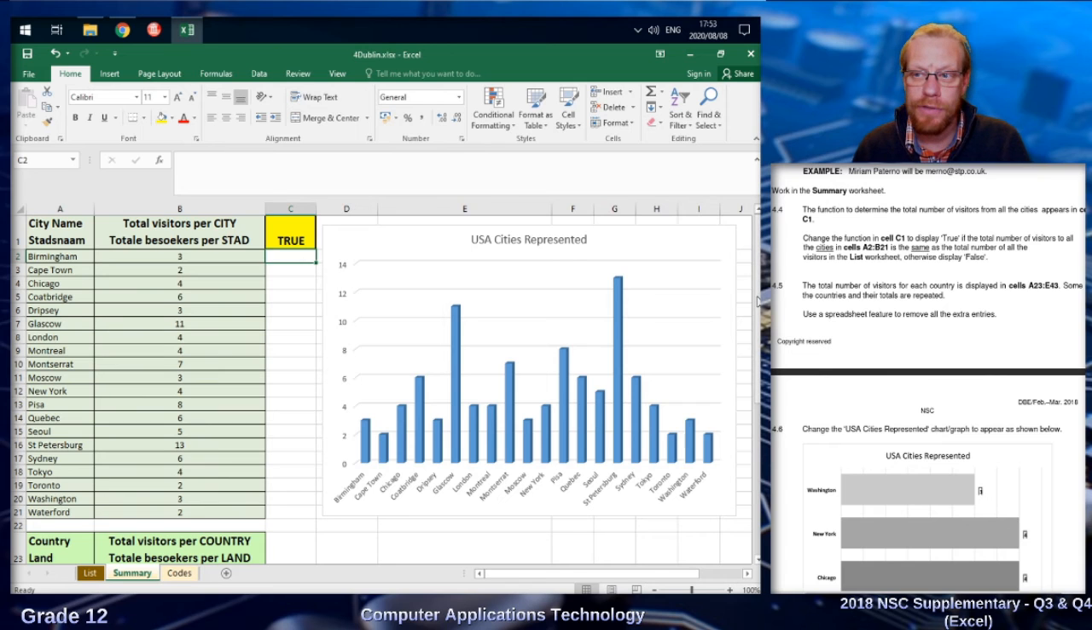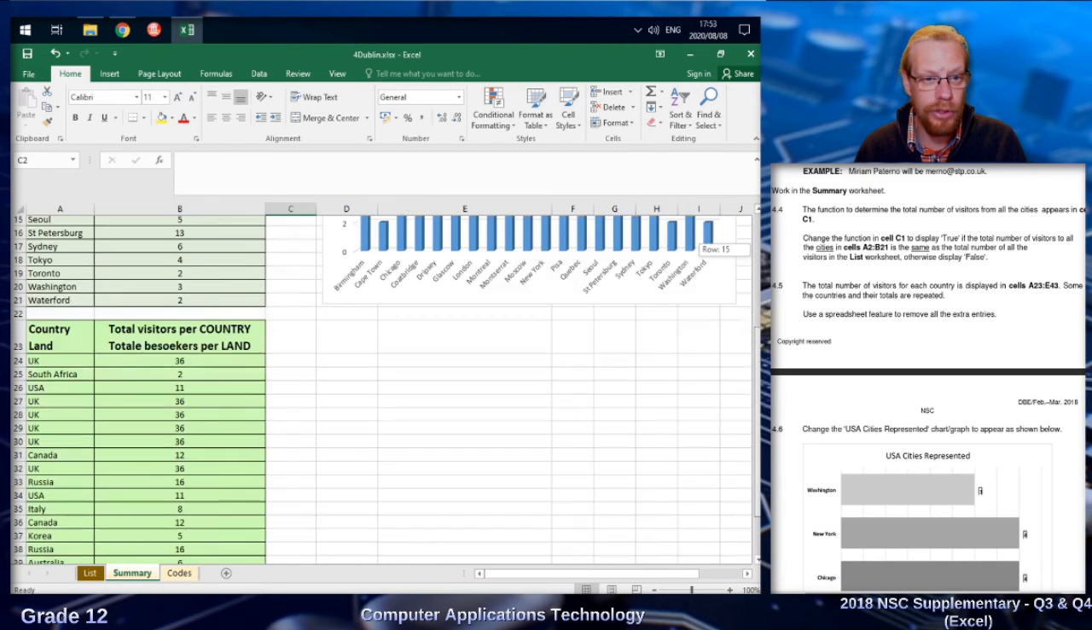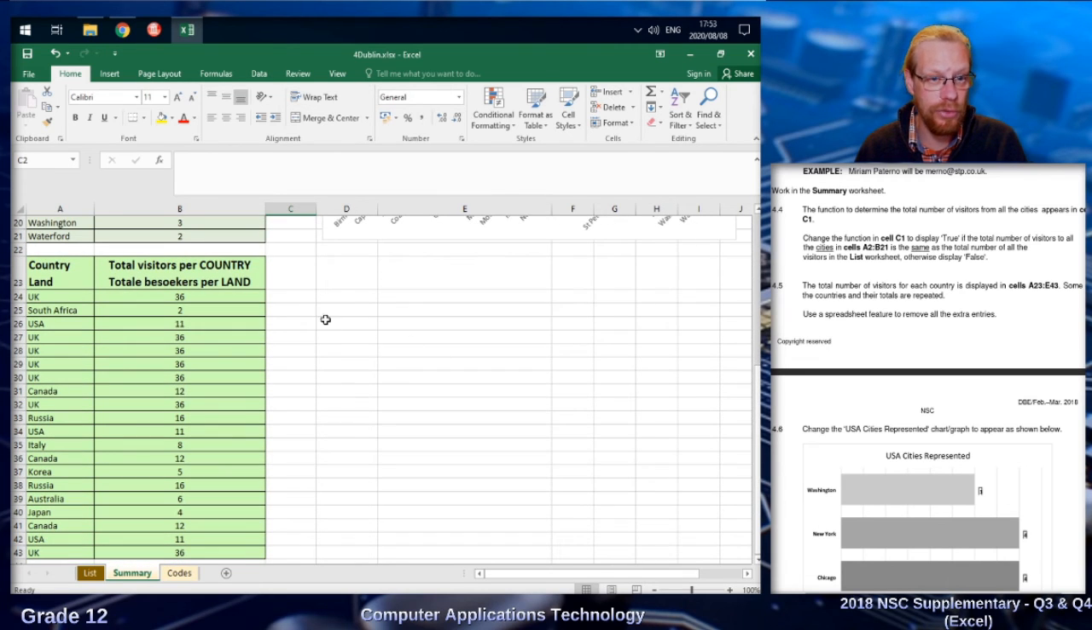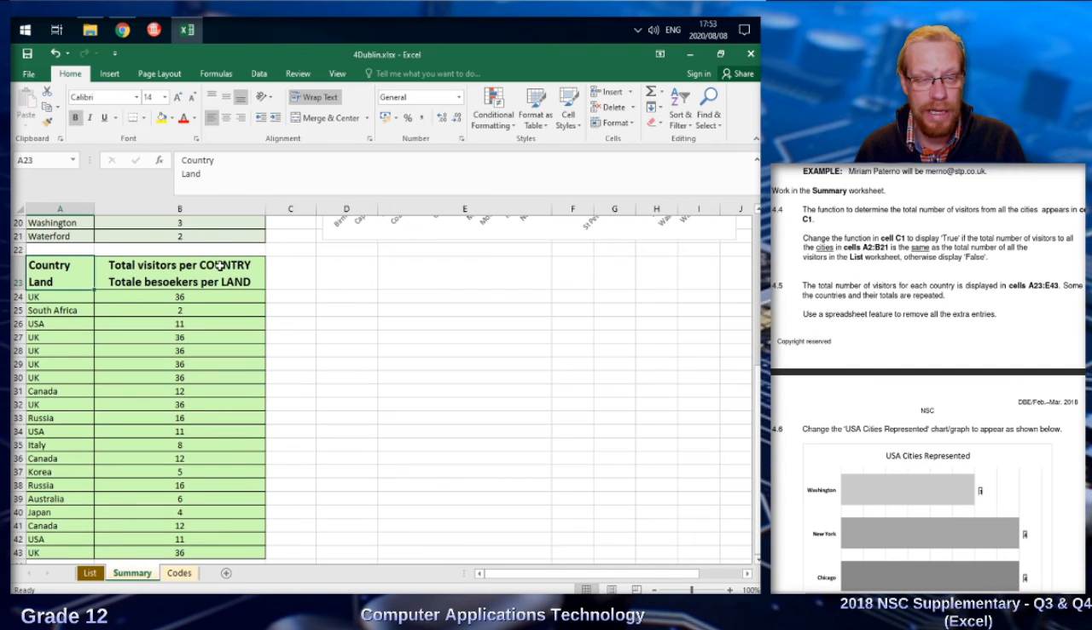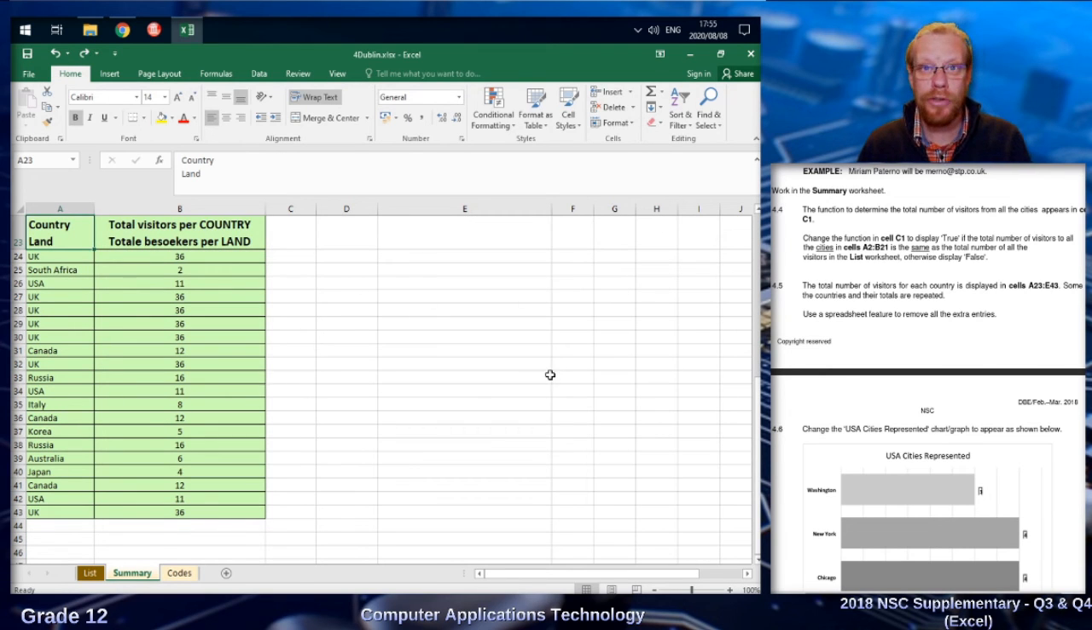The total number of visitors for each country is displayed in cells A23 to A43, so that is down on the worksheet. Here we go, A23 to E43. I assume that that means B43. Some of the countries had their totals repeated, so UK, I see, has it several times. Use a spreadsheet feature to remove all the extra entries. Now, this doesn't necessarily mean that we need to delete the data. As I say, use a spreadsheet function, we can hide the